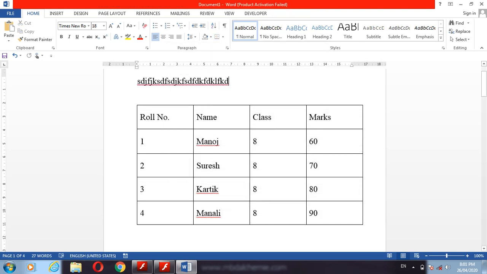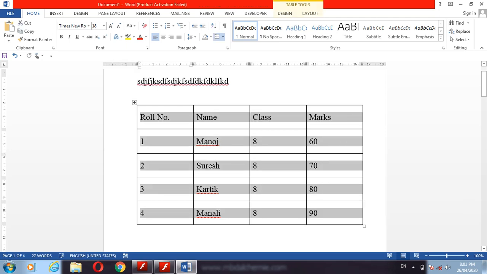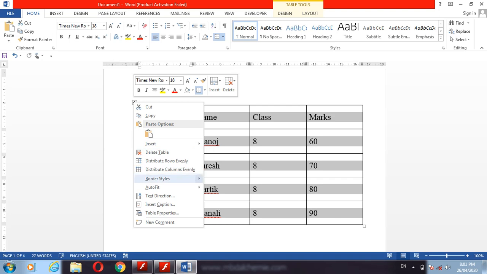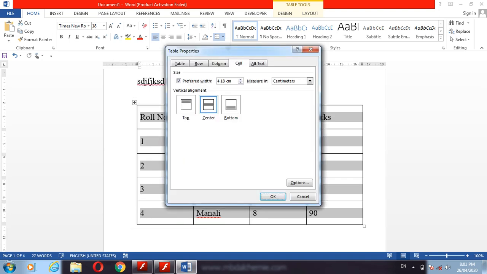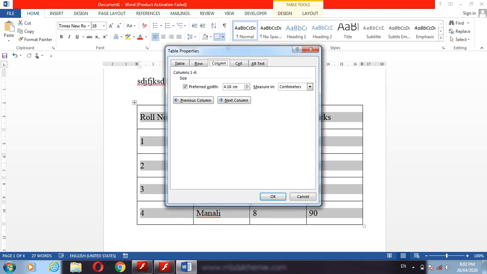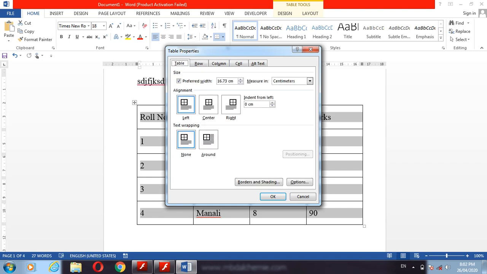In this way you can change the text in the center. Again, you can change the column size, row size. In this way you can change.